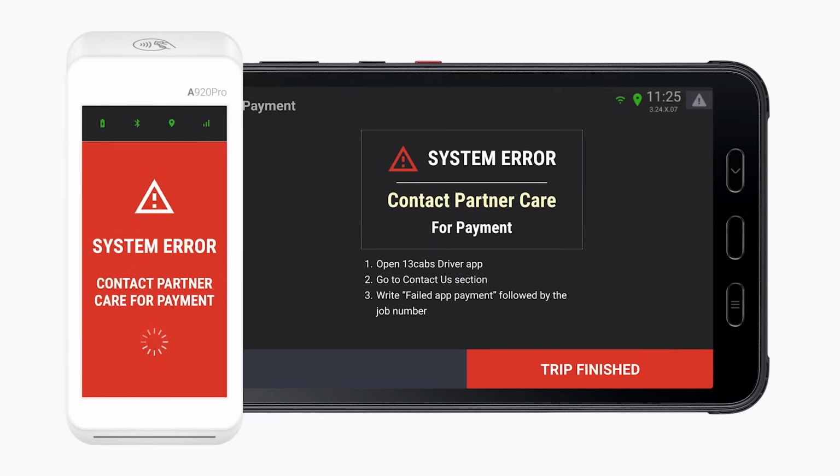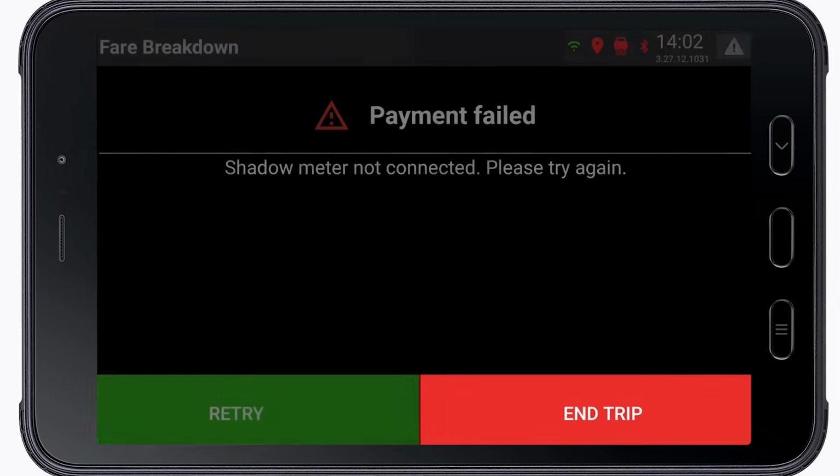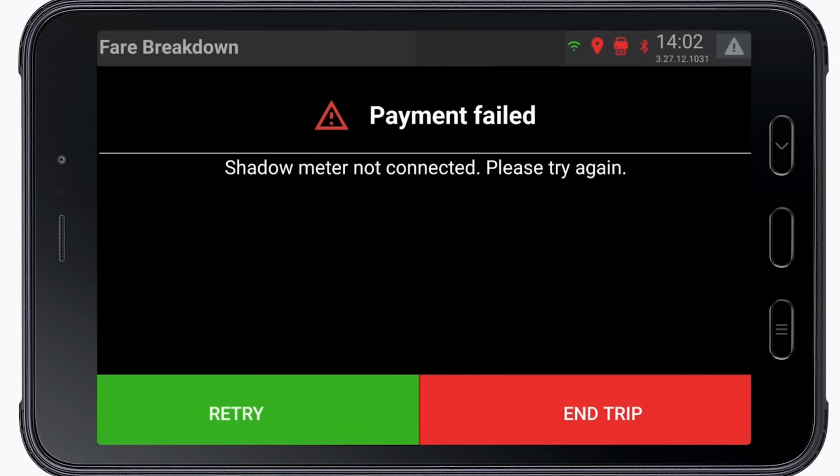If a fixed price trip fails to process payment due to a system error, your tablet and terminal will display a system error. In this event, do not request alternative payment from the passenger. Instead, allow them to depart and follow the instructions on screen, and we'll ensure that you are reimbursed the value of the trip. In the rare event that the tablet and terminal lose connection and payment is not transferred to the terminal, tap Retry. If the payment still fails to transfer to the terminal, press End Trip and request payment directly from your passenger. You can refer your passenger to the error screen on the terminal and your tablet if they have concerns.